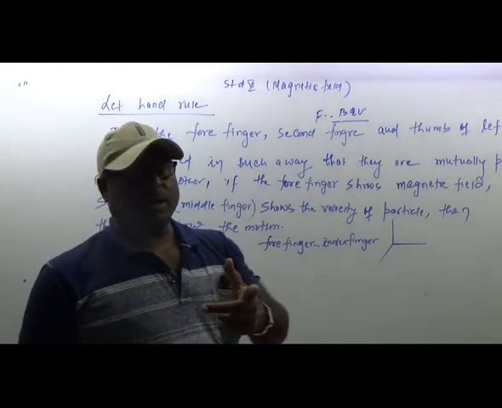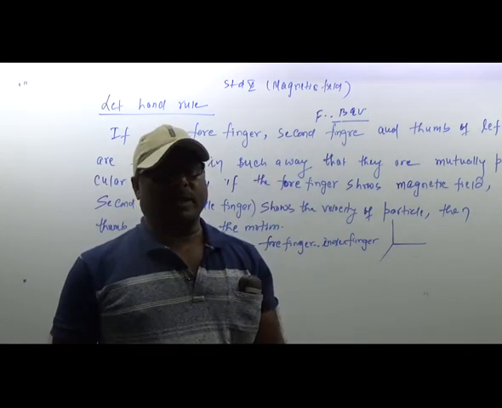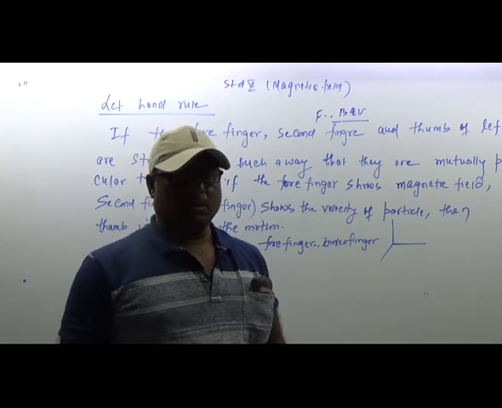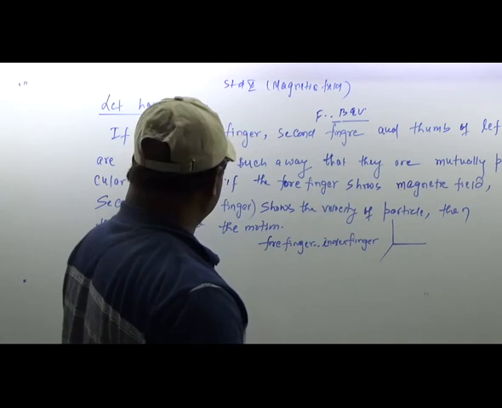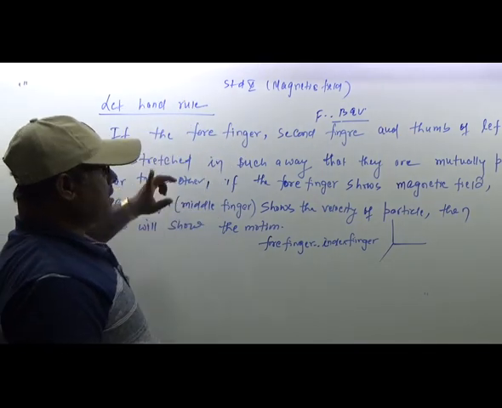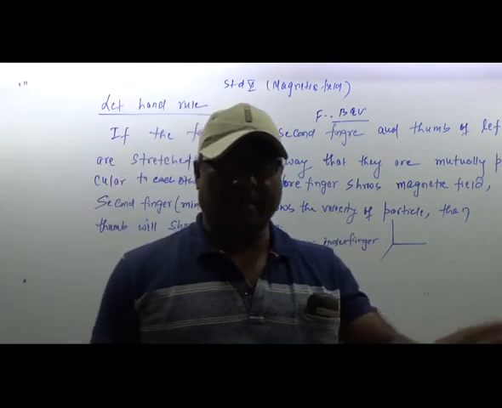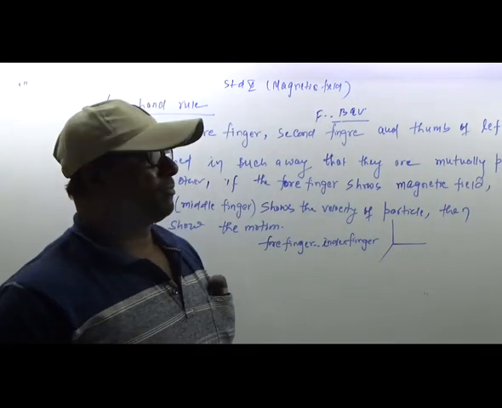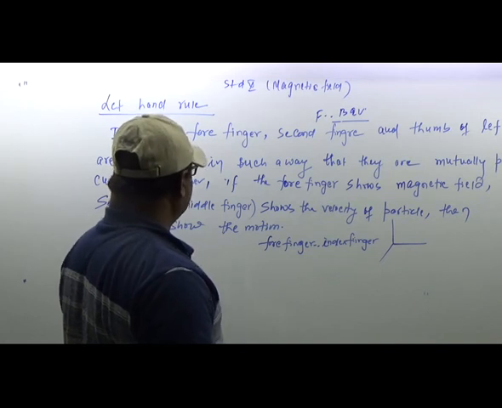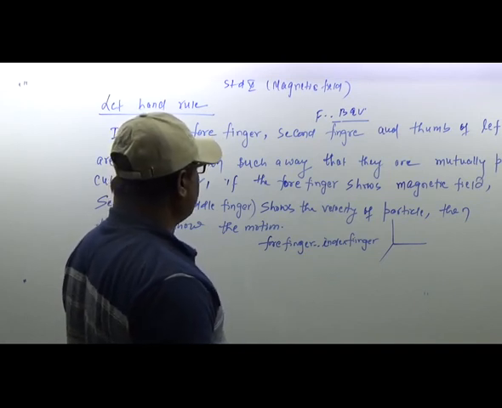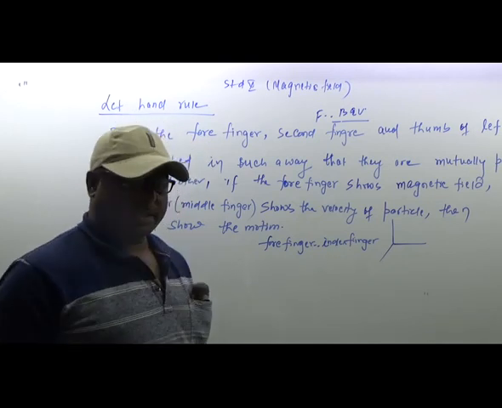One thing is that this is 3-dimensional. How can I show the 3-dimension on the board? Physicists have a rule for this also. Look here. You have to remember this. The forefinger, second finger and thumb. This is very important, right from class 10 to 12 and everywhere in physics. Let us see.